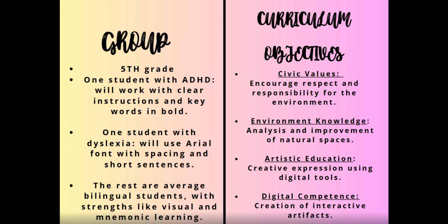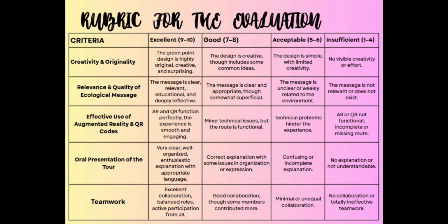With this project we are going to work with some curriculum objectives that are civic values, environment knowledge, artistic education, and digital competence. This is the rubric that will be used to evaluate the final project and all the activities